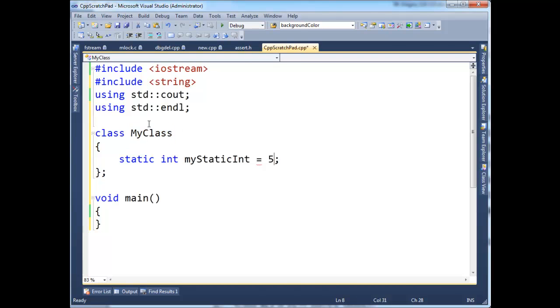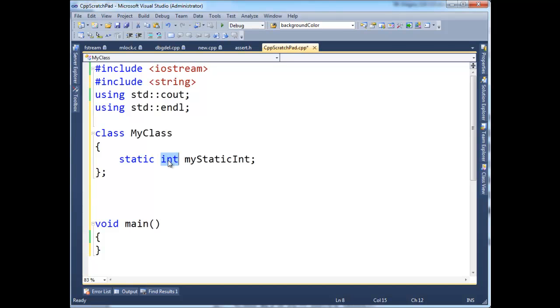Well, remember that when you say class my class, this is actually a declaration, and hopefully you paid attention to that in the earlier assignments, that a declaration says kind of what, and the definition is this is it, meaning give me RAM. Alright, so when we declare this class, this is a blueprint for a class. We said there's an int, it's called my static int, but we haven't defined any memory for it in the static space. So the way we actually define RAM, take up RAM in the program image, is we have to come out here into the compilation unit and